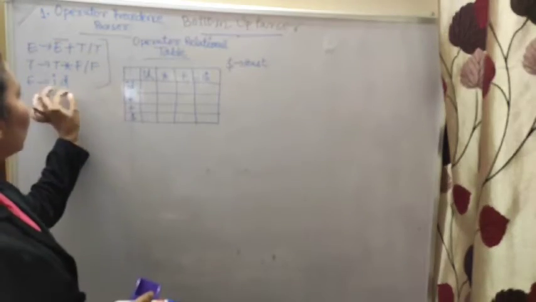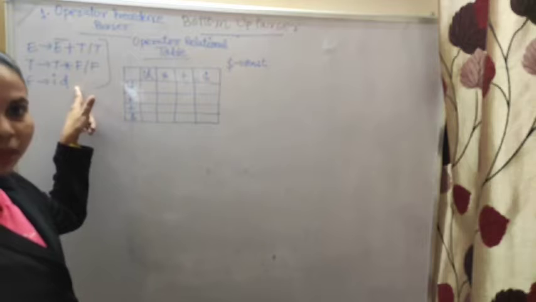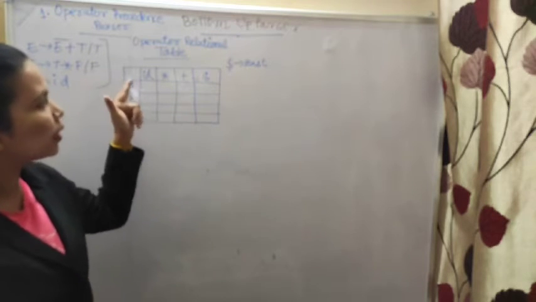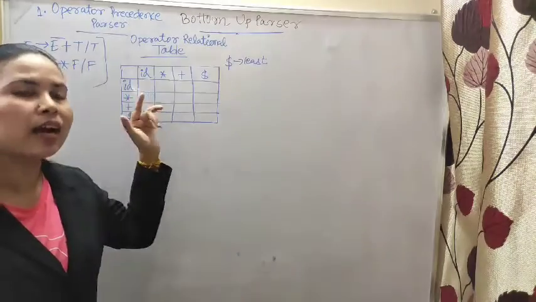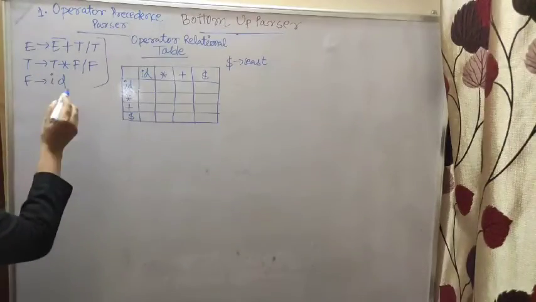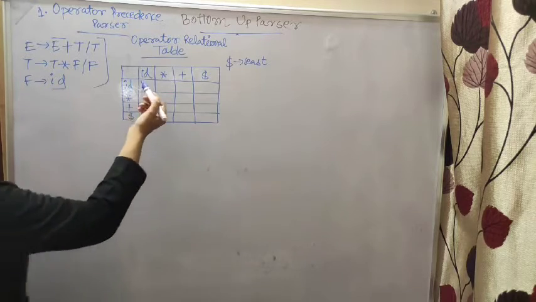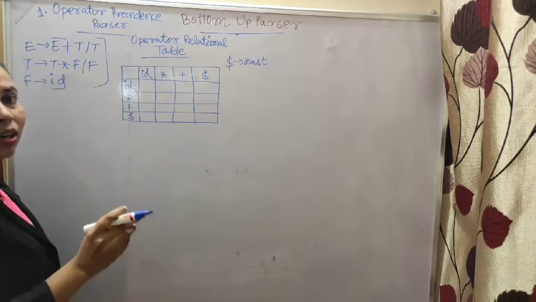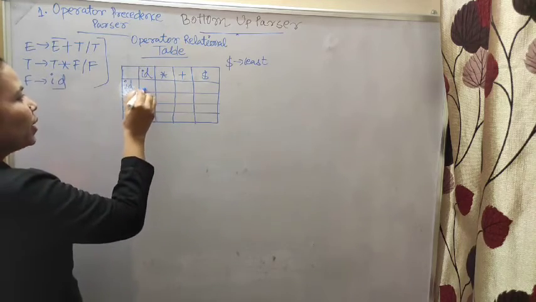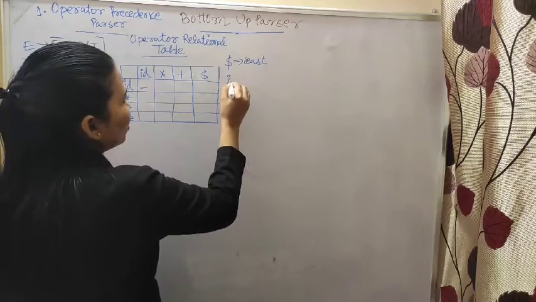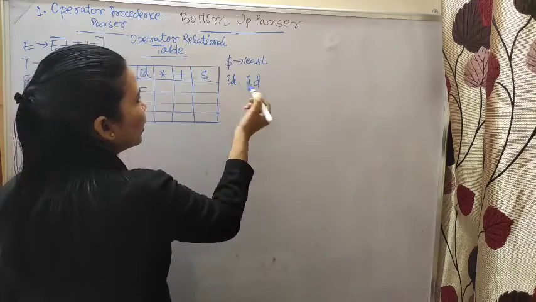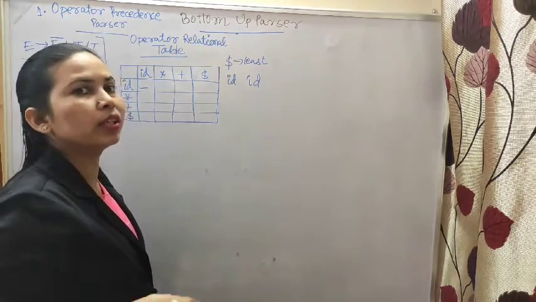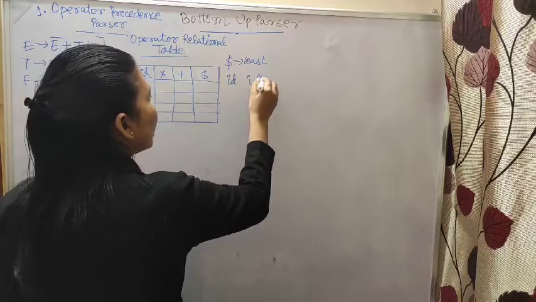But ID doesn't always mean that. If any other terminal is given in this place, suppose a small a has been given, then that a is the highest precedence of that production rule. So here in this production rule ID is the highest precedence, that is why I am writing ID first. And whenever you compare ID with ID, it is an error. Why? Because no grammar has been given saying which ID will be associated first, that means which ID will be reduced first. So that is why an error will be generated.